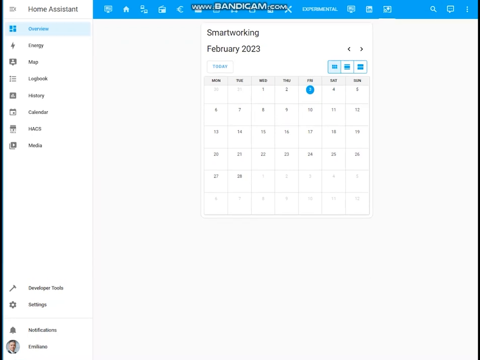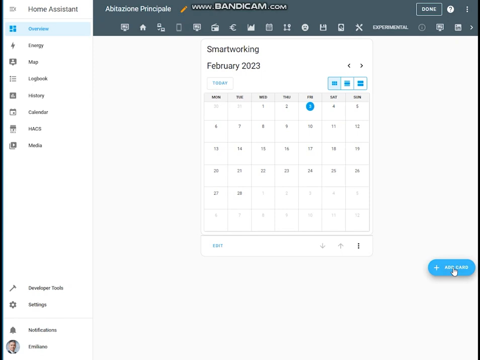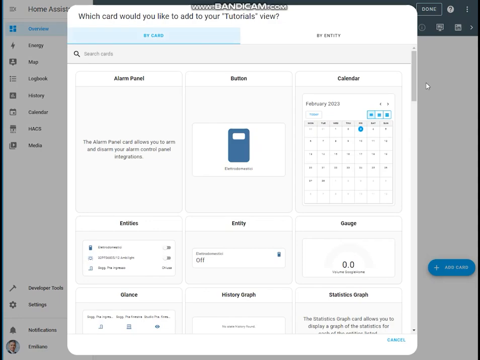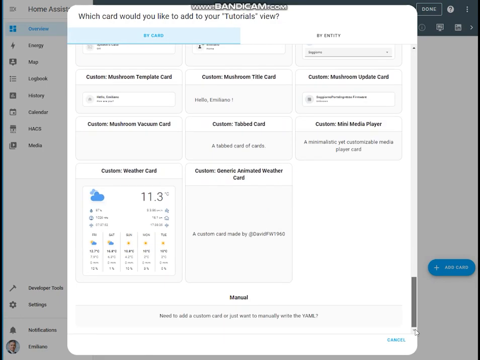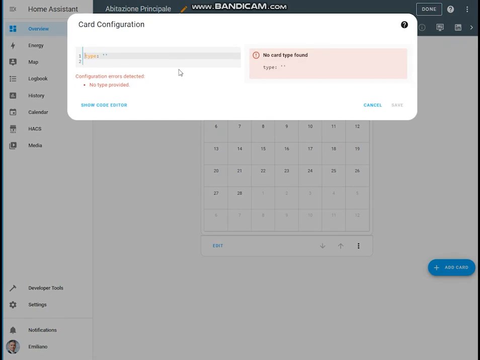Now let's add the entities card to have all the tools on your fingers to be able to create events directly from the Home Assistant dashboard. Edit dashboard, add card, select the manual card,